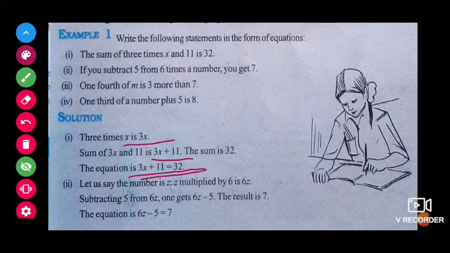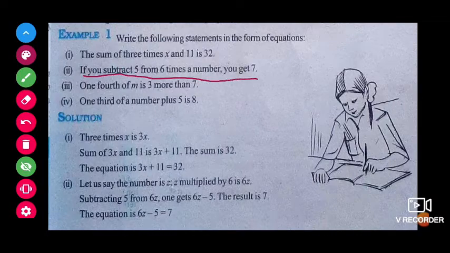Next: if you subtract 5 from 6 times a number, you get 7. Here, children, whenever we are framing an algebraic expression, first read the sentence properly. When we read it, we find: if you subtract 5 from 6 times a number. Here, 6 times a number, they are saying that number we don't know. So for the unknown thing, just take it as x. Then they are saying 6 times a number, so 6 into x. If you subtract 5 from 6 times x,